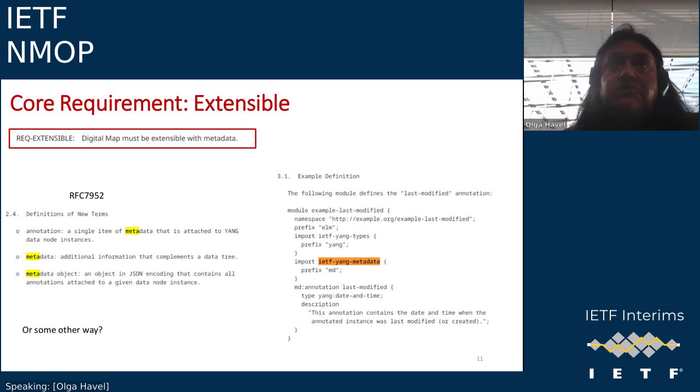we got from, so I don't know, is it related maybe to RFC 7952 and how that deals with YANG metadata, or is it the requirement that even without a YANG approach we should be able to add additional metadata, any additional labels? So this was added, I think, from the operators at the time as a core requirement. This was not something that came from the POC or from the